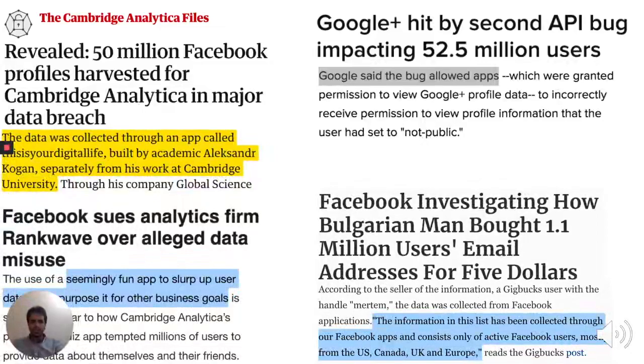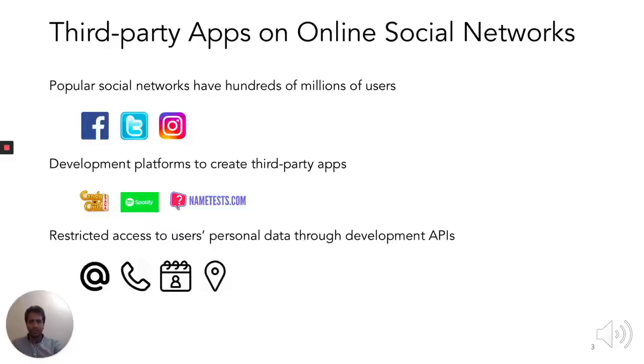So, how does the ecosystem of third-party apps work? Now, popular online social networks like Facebook, Twitter, and Instagram provide development platforms. These platforms enable third-party developers to create apps. For example, it allows developers to build games or integrate authentication to their websites. There are many popular developers like Candy Crush Saga, Spotify, NameTest.com who got millions of Facebook users who have installed